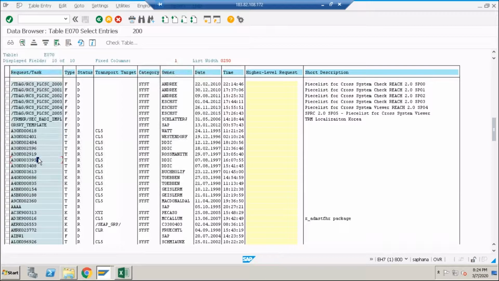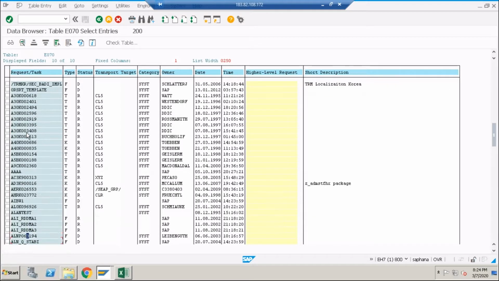Okay, these are all the... Here is the right one, for the tab F1.